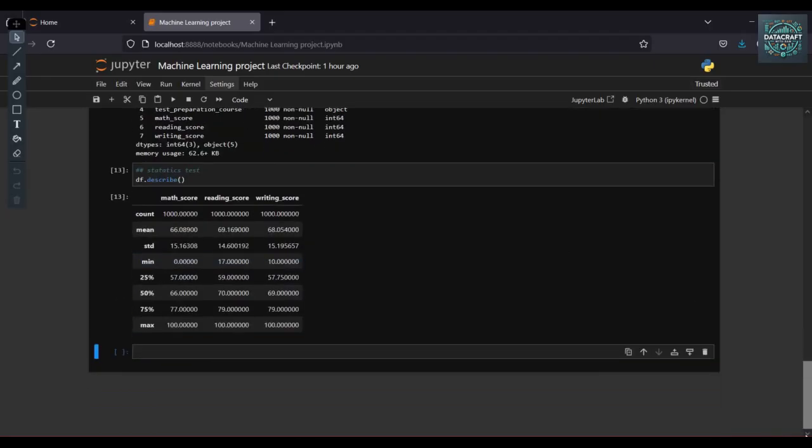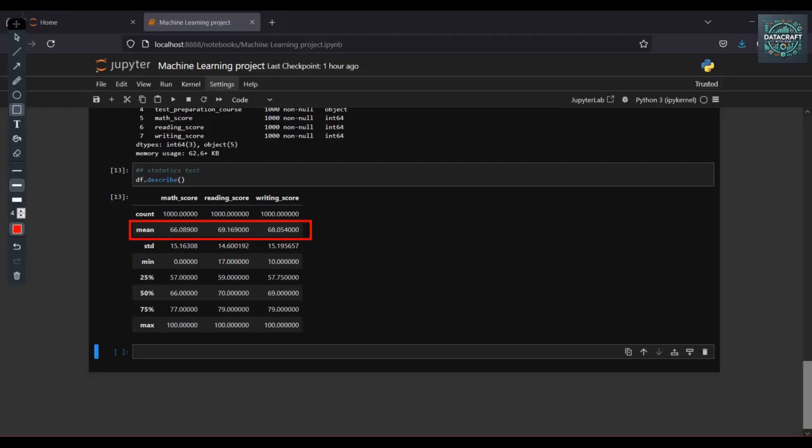So now let's try to understand what this dataset is basically indicating. We can see here the means of the math score, reading score, and writing score are similar. The mean values are 66.08 for the math score, 69.16 for the reading score, and 68.05 for the writing score.